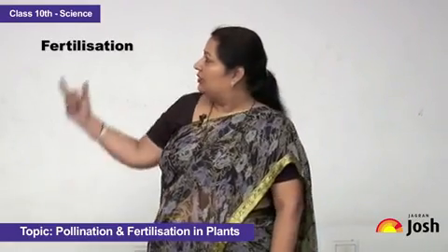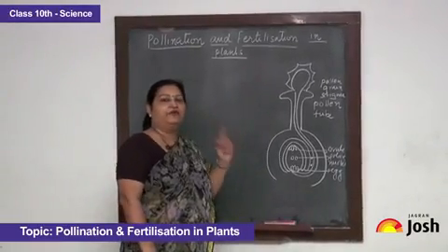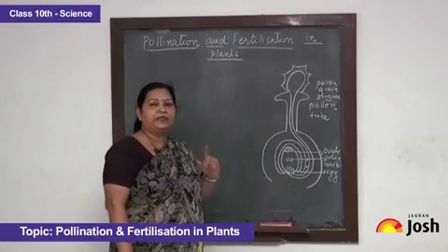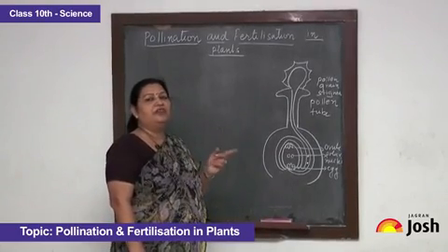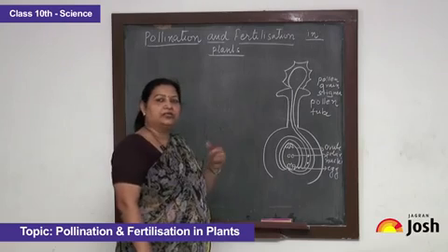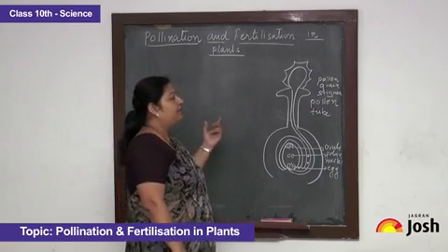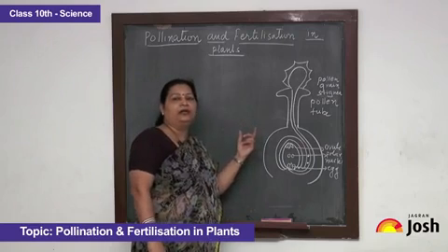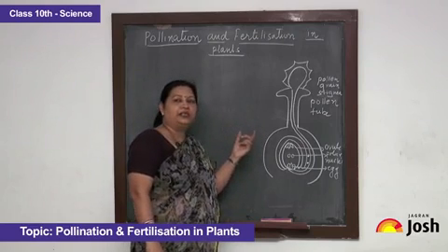Now I'll switch over to another topic, and that is fertilization. Fertilization is the fusion of the male gamete present in the pollen grain and the female gamete present in the ovule. But we are discussing here angiospermic plants, so fertilization is of a special type which is called